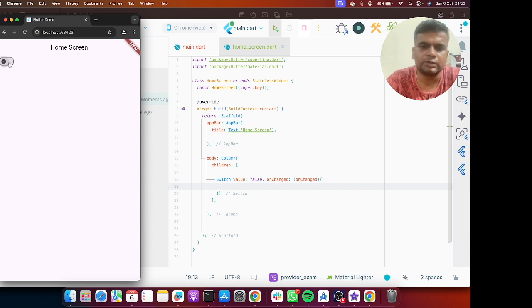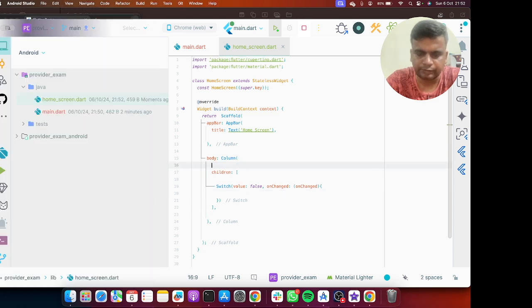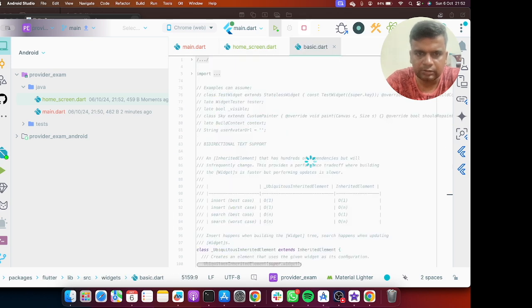So this is the switch. I will change the alignment.